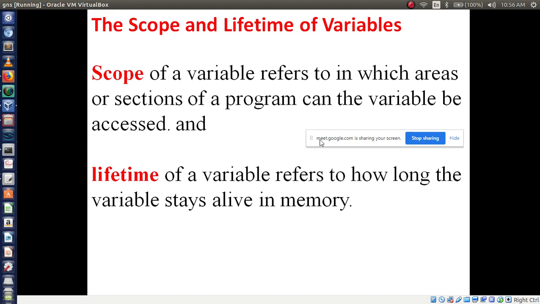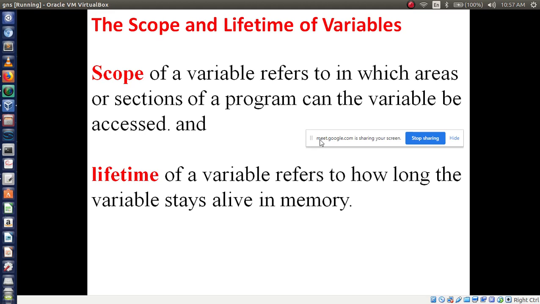In the next classes I will give live examples for scope and lifetime of variables. For now just remember what you mean by scope and what you mean by lifetime. In detail we will learn in the next classes.